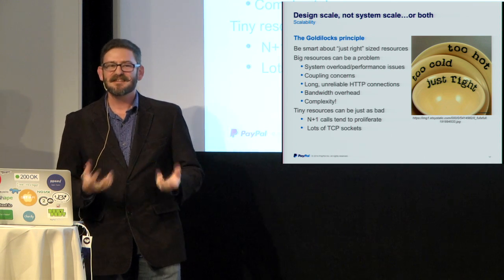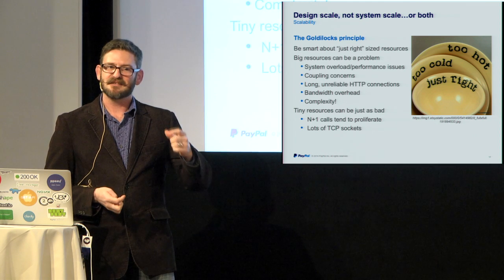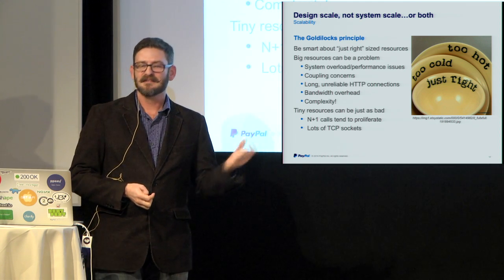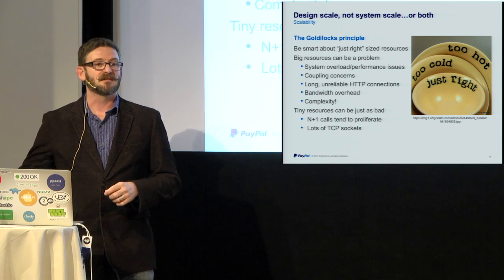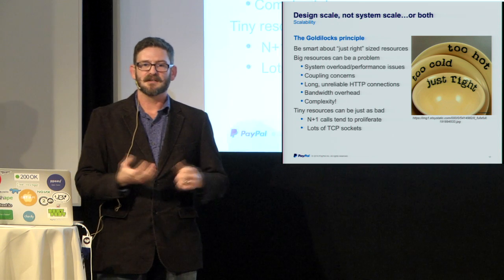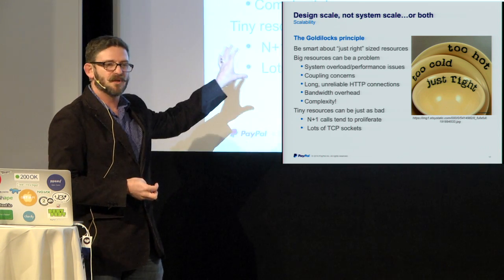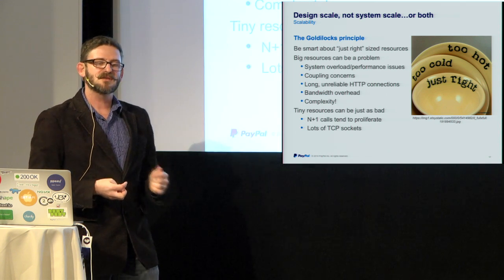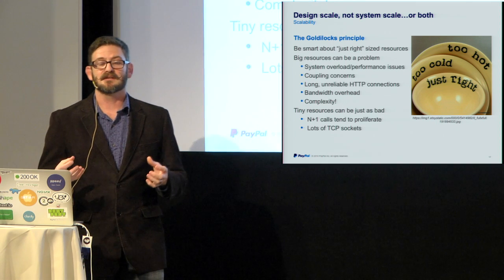So the idea here is tiny little resources, chattiness. And that has its own pain. Big resources, they have a whole other kind of pain, which is namely that there's usually a lot of complexity and coupling between systems wrapped up in there. But it's interesting, I call this scalability as one of the things we check, but I actually don't necessarily mean it in the network and sort of system scaling perspective.